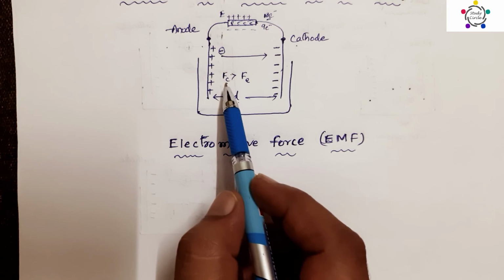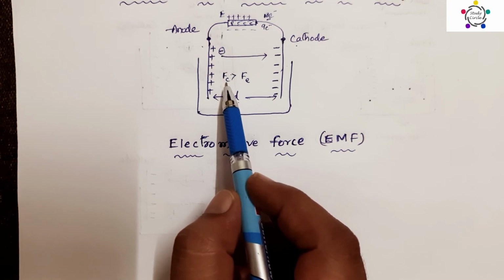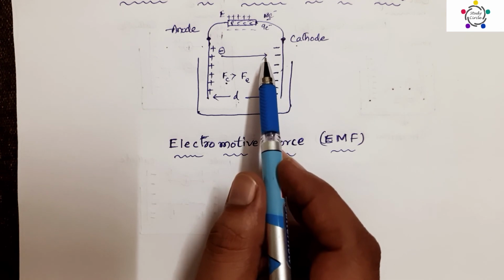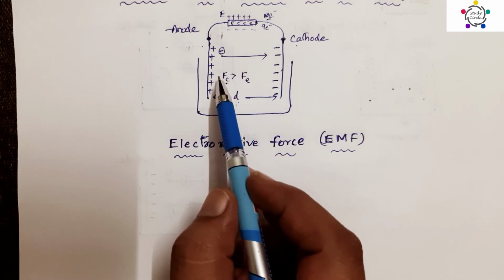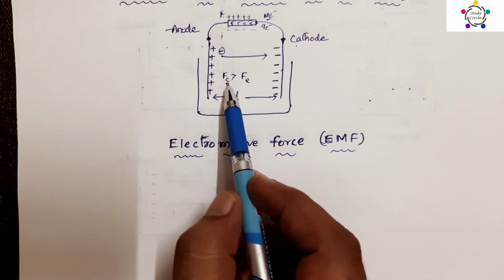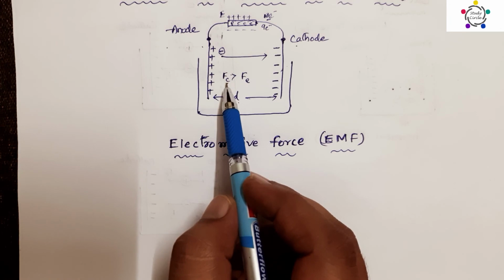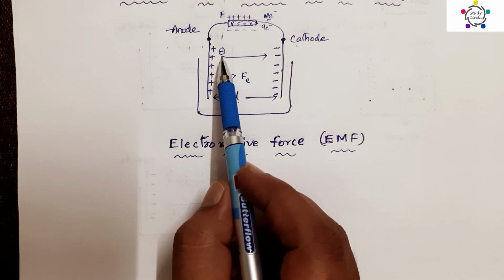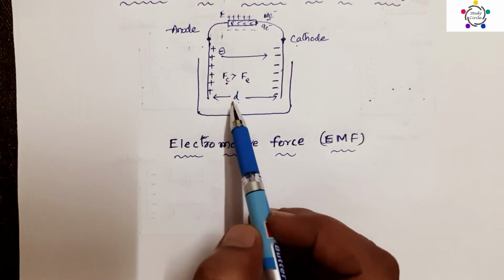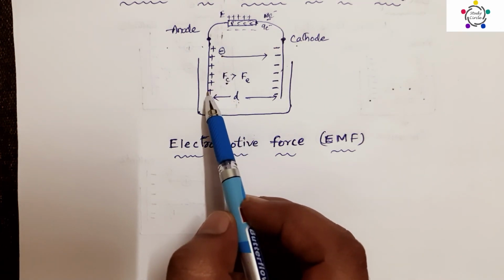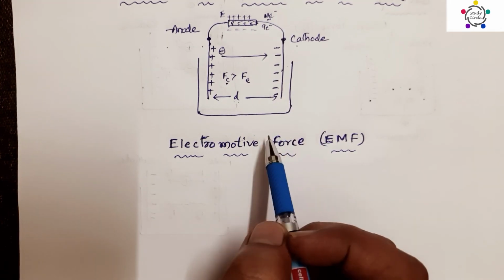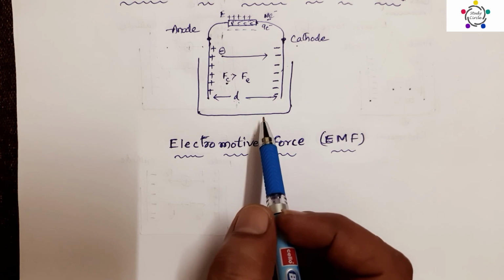That means the chemical energy is spent to move ions in the battery. This is the work done by the chemical force Fc. We know the voltage definition: the work done by the chemical force on a negative charge to move the distance d from the positive electrode to the negative electrode is called EMF. The EMF is similar to voltage.